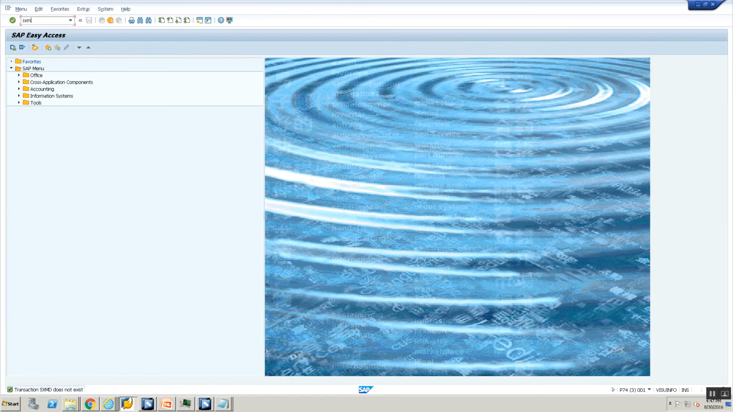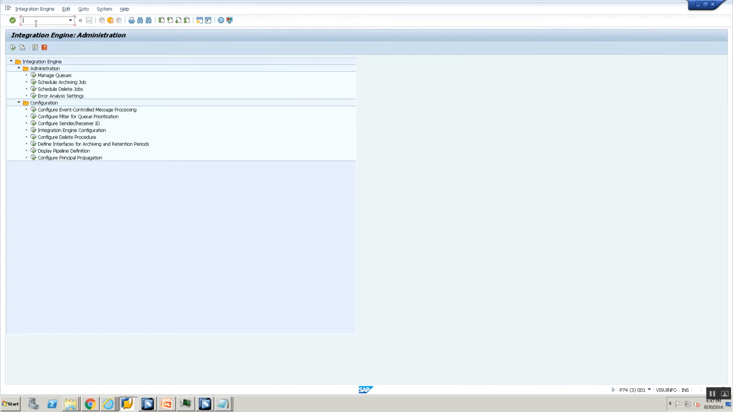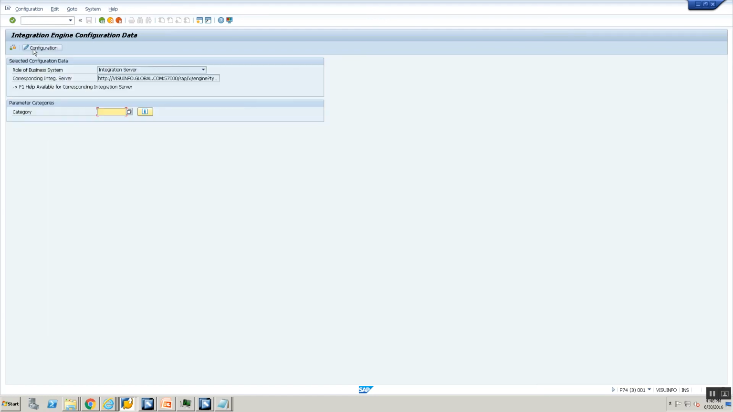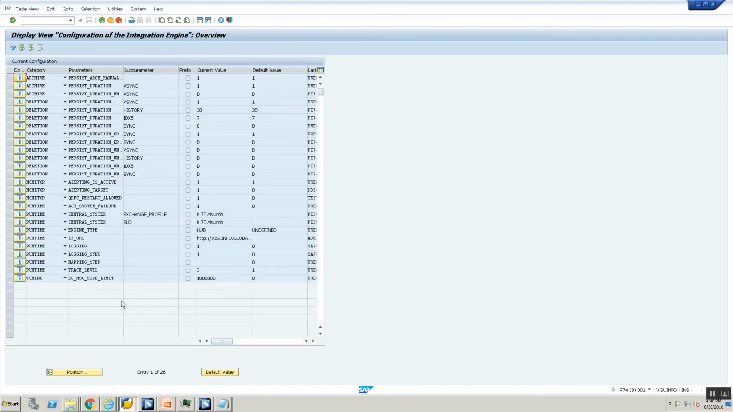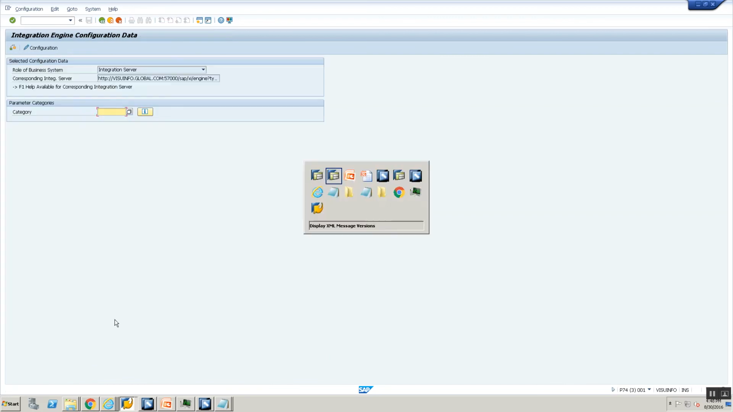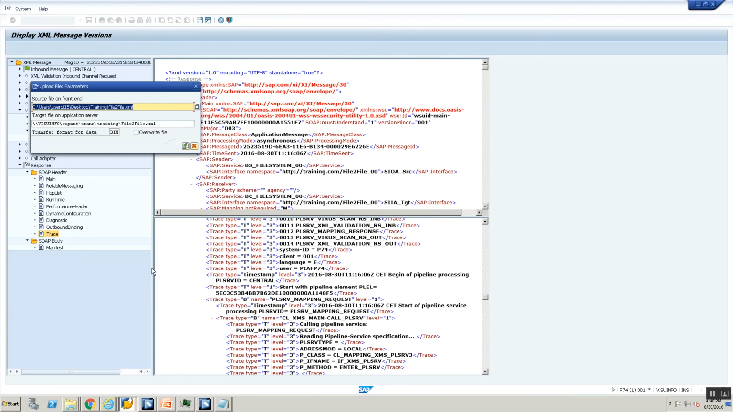So how do we do that? Go to transaction SXMB_ADM. I'll repeat, SXMB_ADM. Go to this transaction, and once you come to this transaction, go to integration engine configuration, specific, and go to change configuration, and then again go into change mode, and then set the trace level. If you see the trace level, the current value is set to 3. Change it to 1 and then save. Okay, next exit. Now let's upload my file,